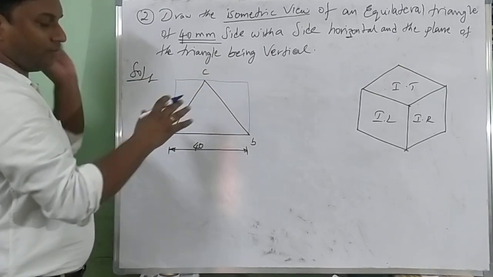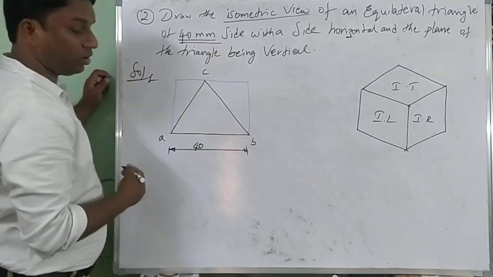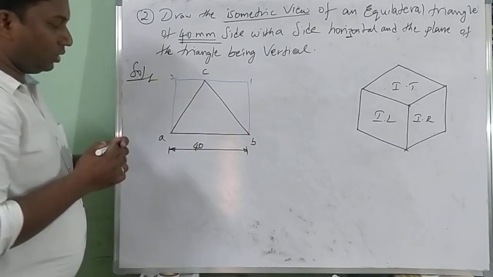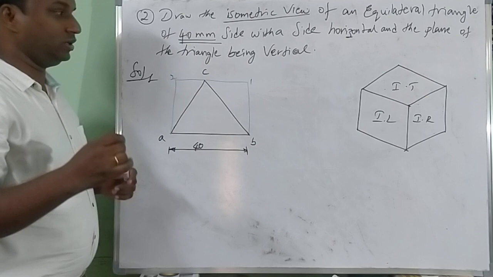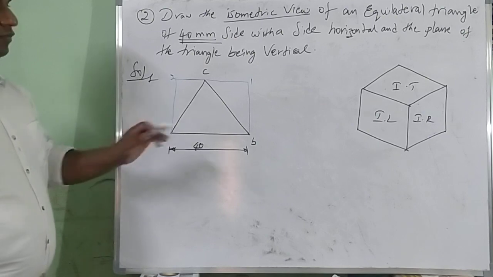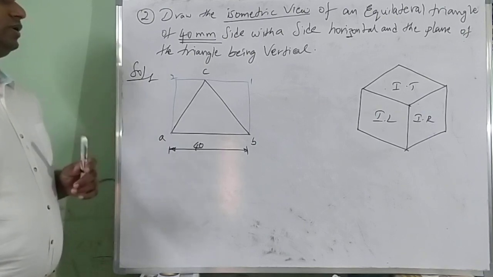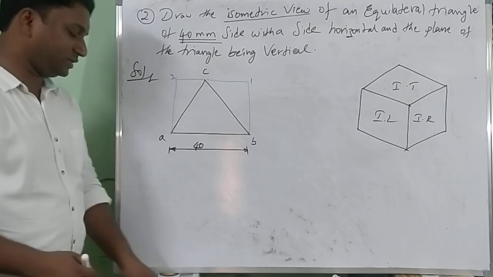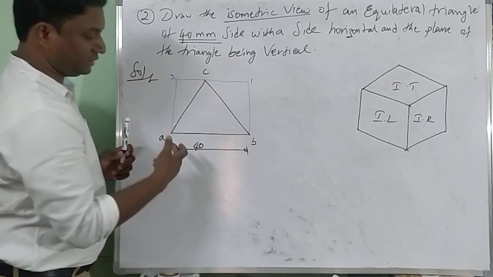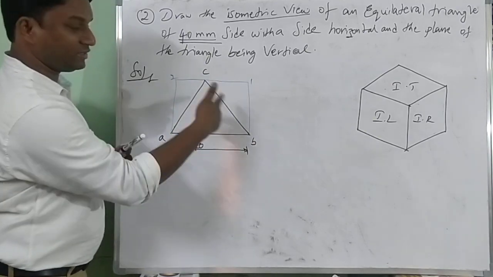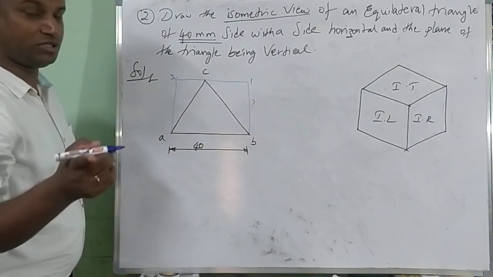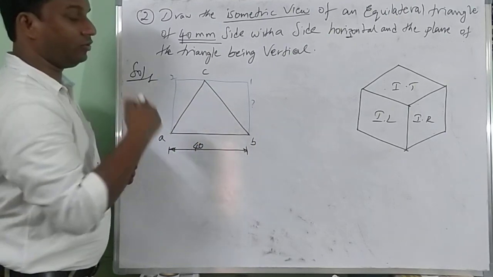Whatever the triangle, after completing its original dimensions, around it try to draw a box. These two corners as usual A, B, and now I am doing it as 1, 2. Now A, B, 1, 2 is a box, which you can easily resemble like iso left, iso right and iso top. In that we are supposed to draw the isometric views. Now how to start first? One thing you are supposed to remember, this box will have two lengths, length and breadth. Length 40 is the same as the side of the triangle, but this one is a question mark. Depending upon your original figure, there will be some dimension number, you have to use that one.